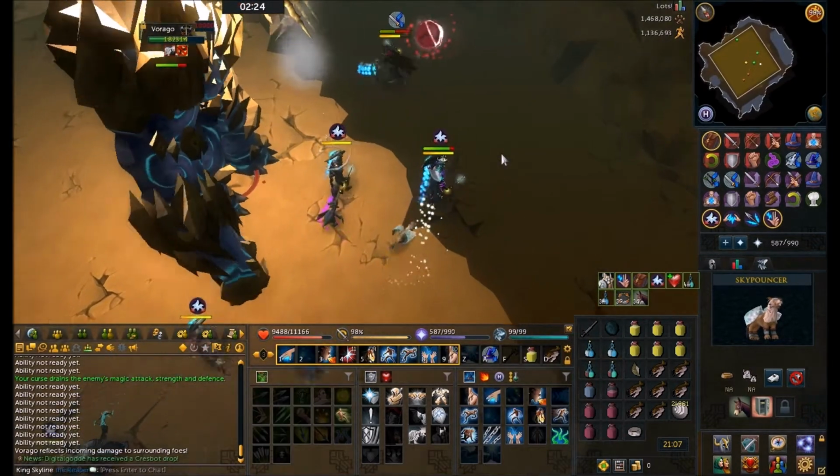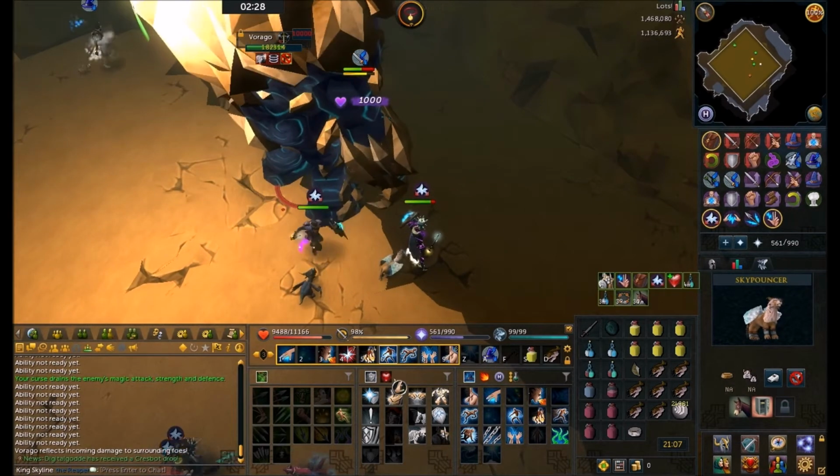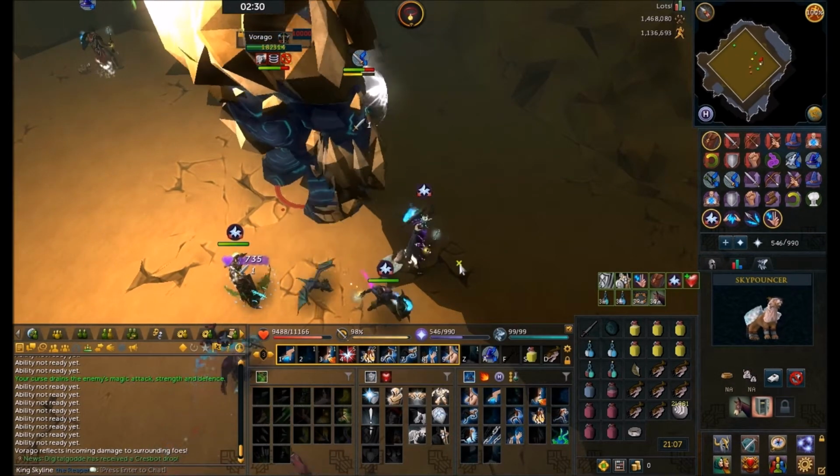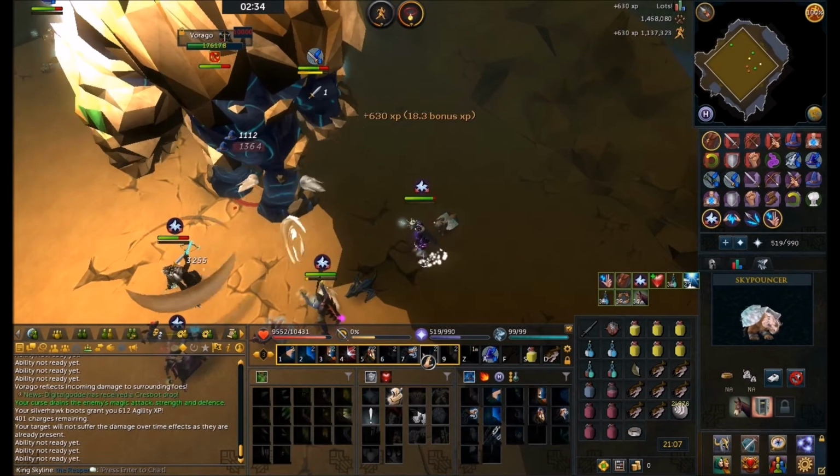And you'll see the gravity orbs just like that. Run to them and click on them. Vorago needs to be within 10 squares. So after that, when you can get back on,